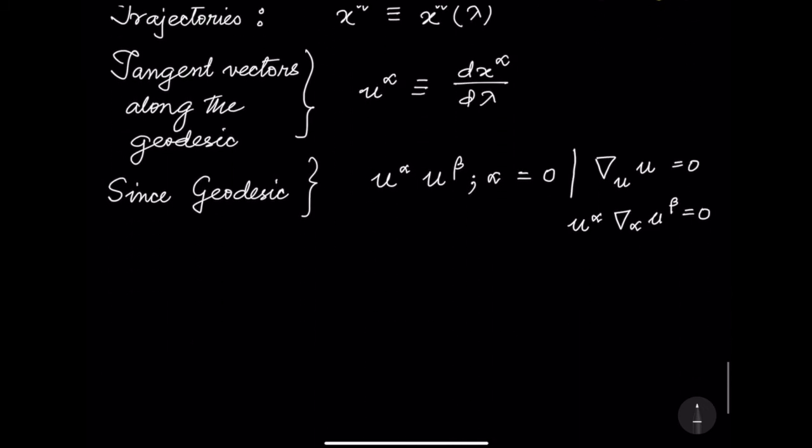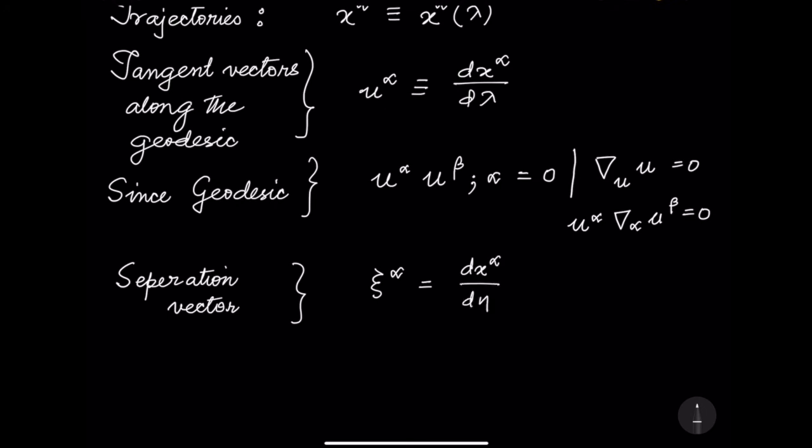So I can call the separation between the trajectories, just like I have the tangent vectors that go along the trajectory, the separation vector, or you can call it a deviation vector also. I call it xi here also. Now this will be the change in x as a function of eta,